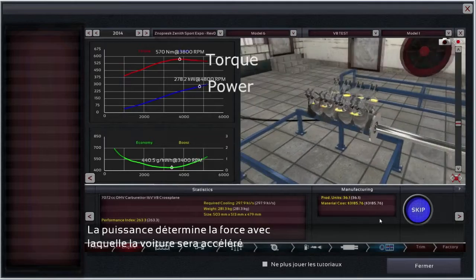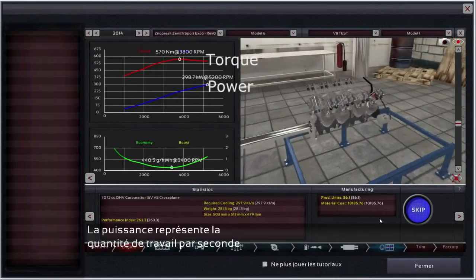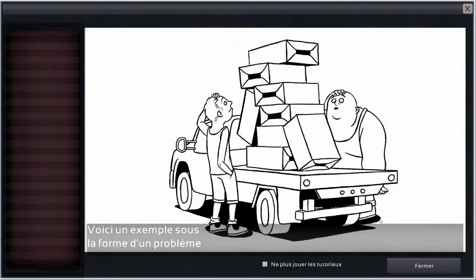Power is the only useful measure of how hard the engine can accelerate a car. Torque just helps describe how that power is delivered. Power is the measure of how much work is done per second. Torque is the measure of force. I'll give you an example in the form of a problem commonly faced by us Australians. Your mates, Steve-O and Robbo, have to move 8 slabs of beer from the tray of Robbo's ute to the